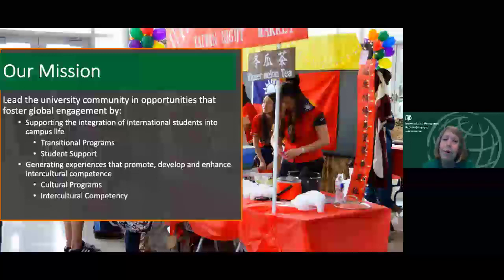Also, in promoting global engagement, we offer programs that increase intercultural competence. Why? Because we are a very global community at UT Dallas, and we want to communicate effectively across the campus. So we offer a lot of programs that promote global engagement and intercultural competence. Those are the first two key elements concerning our mission. And again, you are a very important part of our mission. We look forward to serving you, helping you, and supporting you.